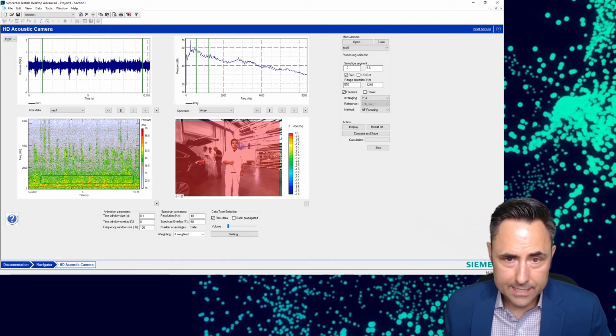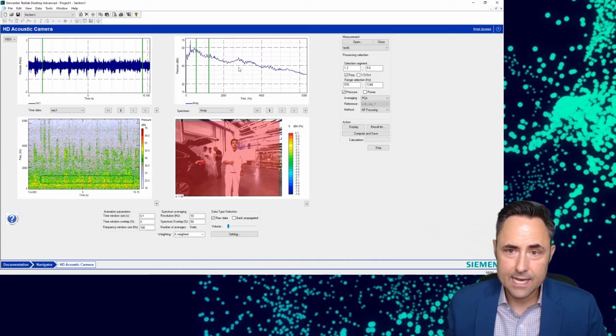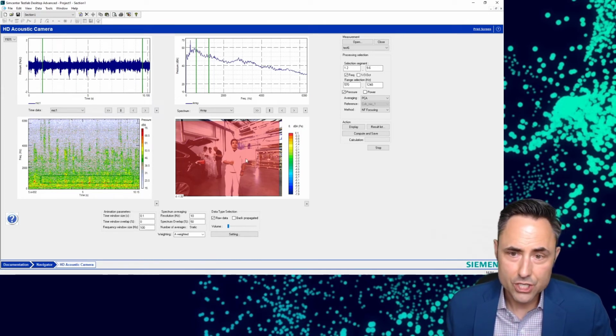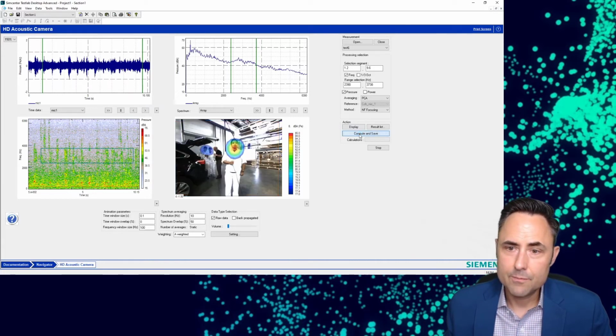So here I've got my time domain, I've got my frequency domain here, and essentially just like in the sound camera, I specify a time and a frequency band, and I'll see the localization in this diagram here. So I say over all of this time, let's say these speech frequencies, compute and save, show me who my sources are.